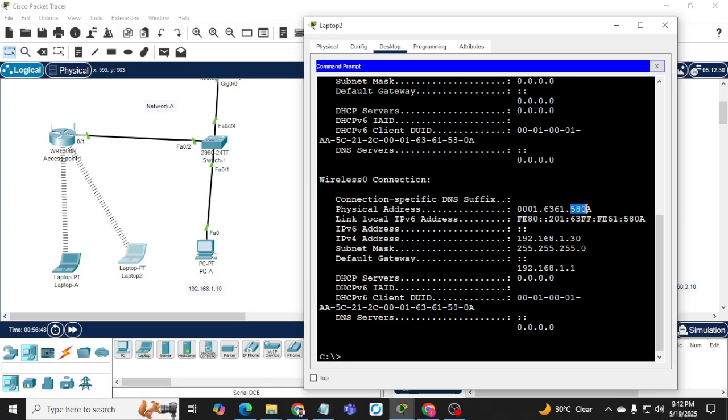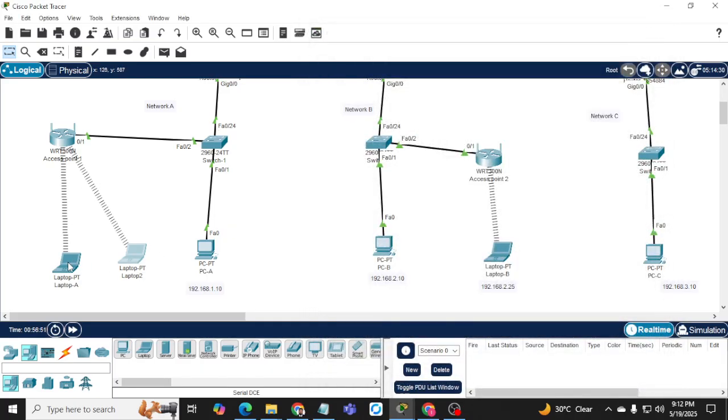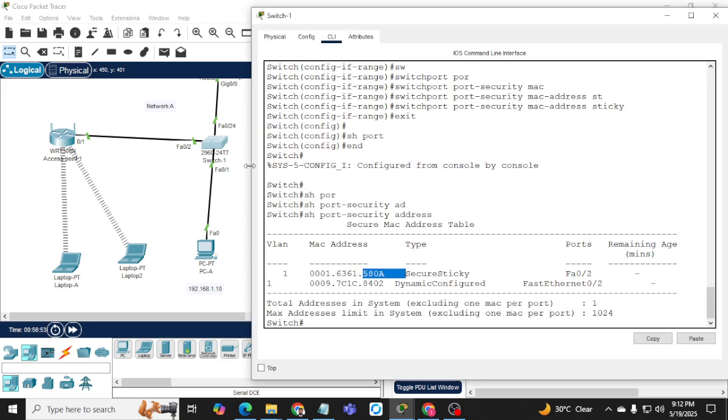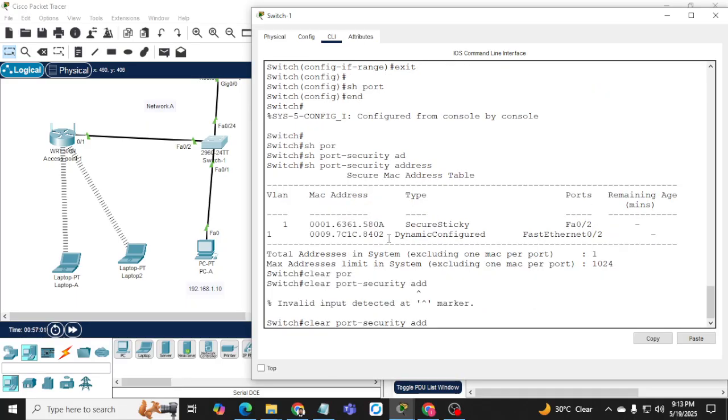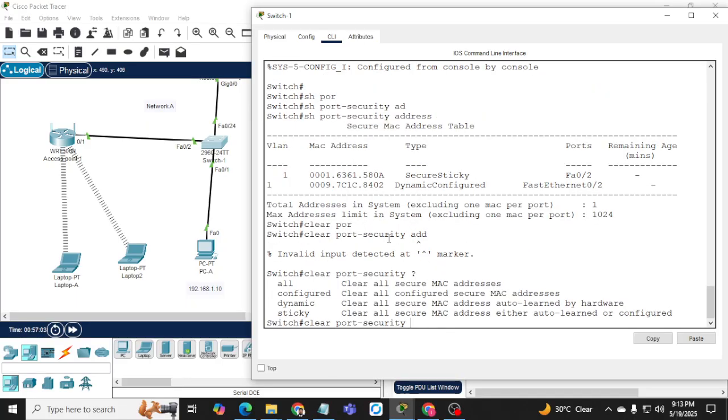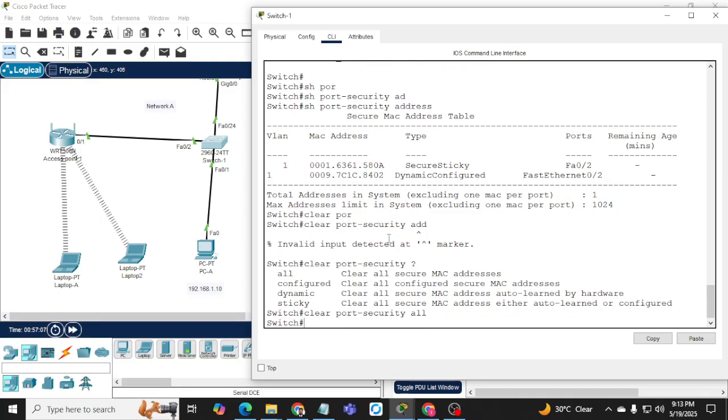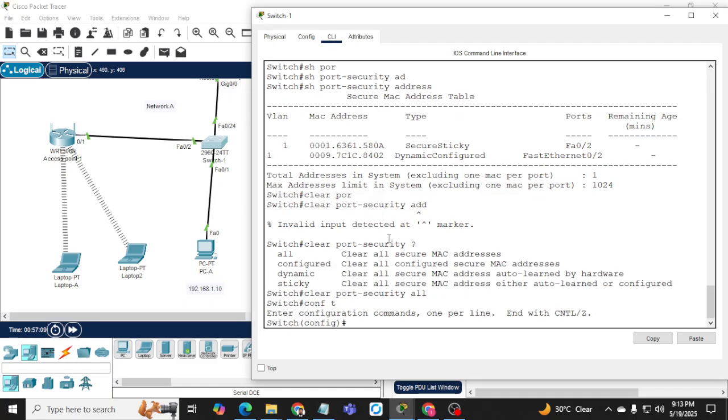Yes, 580A is the new one, because once this one is learned the first time... We will clear port-security all, and now we have to go to the